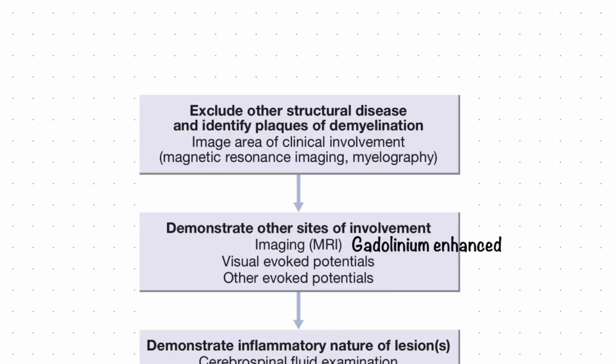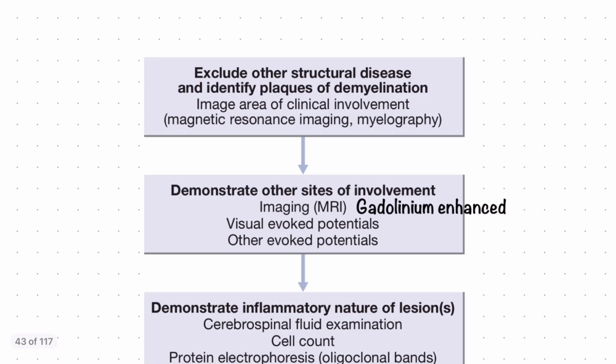So now that we have seen about the pathophysiology of this disease, let's see the diagnosis and investigations. Since this disease does not have a particular diagnostic test, there's an algorithm that we have to follow, and MRI is the most important investigation that has to be done. It starts with excluding other structural diseases and identifying the plaques of demyelination, which again is image based